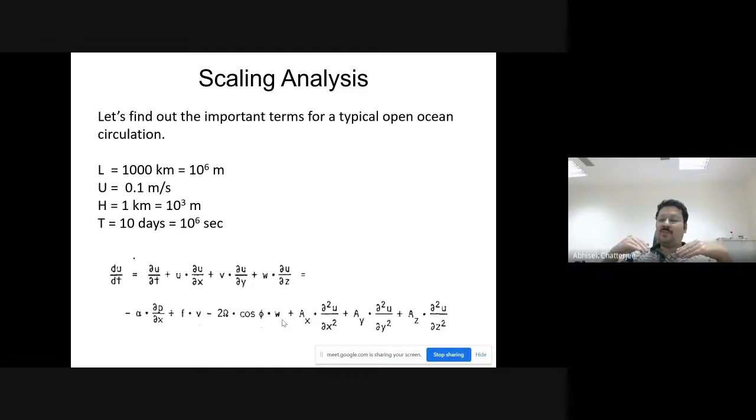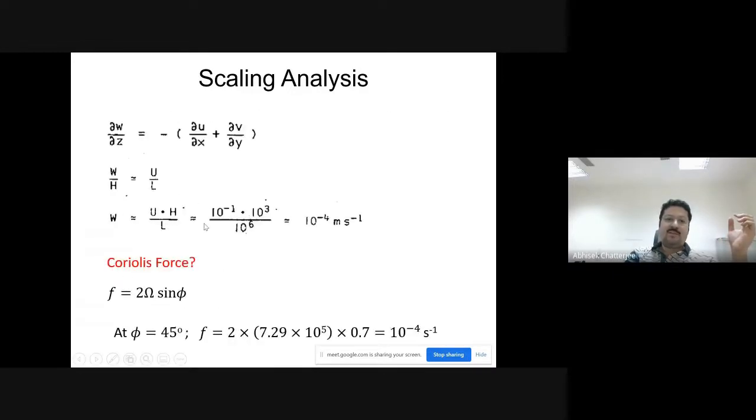But vertical velocities, as we saw last time also, so in this case, say W, we try to calculate W here with the same scaling method using equation of continuity, and we found it is 10 to the power minus 4 meter per second. So it's much smaller. Okay, there is no instrument. That means, for example, in a day, it travels only a meter, a few meters from one depth to the other depth.